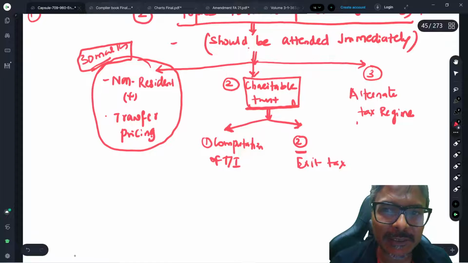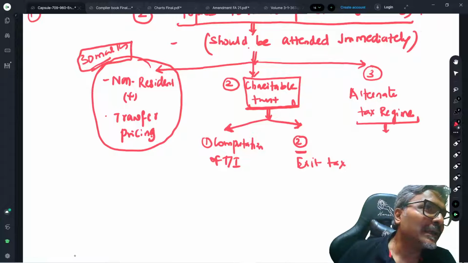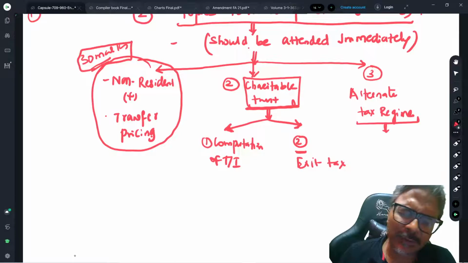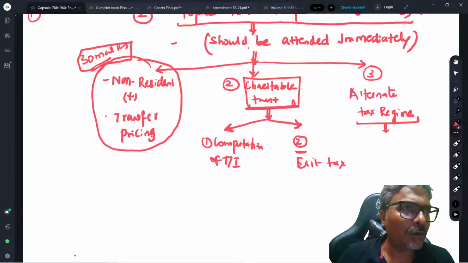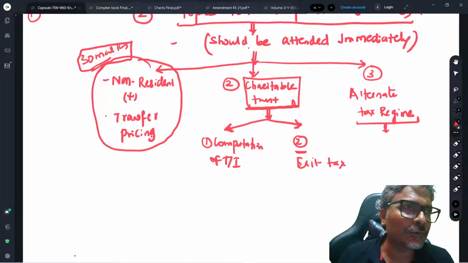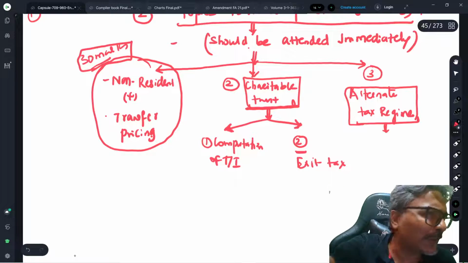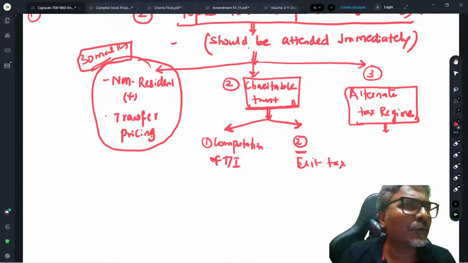Now, students, please pay attention. All of you just pay attention to what you have to do. क्या करना है आपको alternate tax regime में? The strategy I'm telling all of you, please pay attention to this important strategy. You ask, sir, how to practice? The alternate tax regime is the hot cake right now. This is the hot cake question going on at this point of time. So my suggestion to all of you would be, from wherever you have done your books, आपने कहीं से तो किया होगा alternate tax regime, please go ahead and do that. Absolutely not an issue.